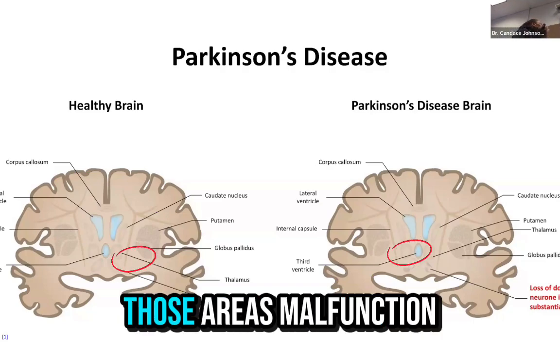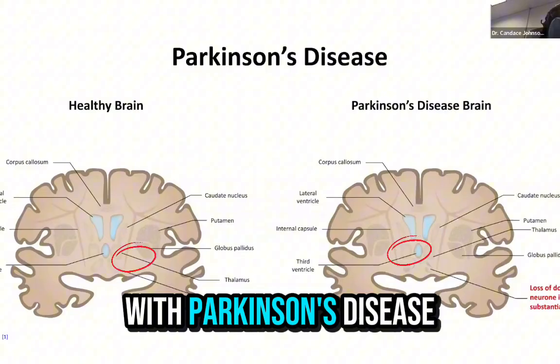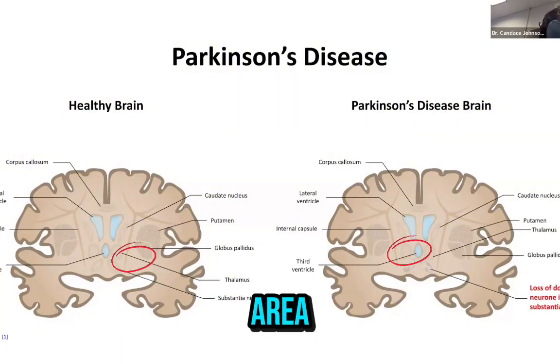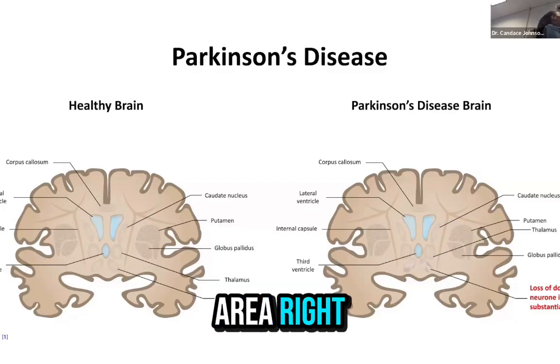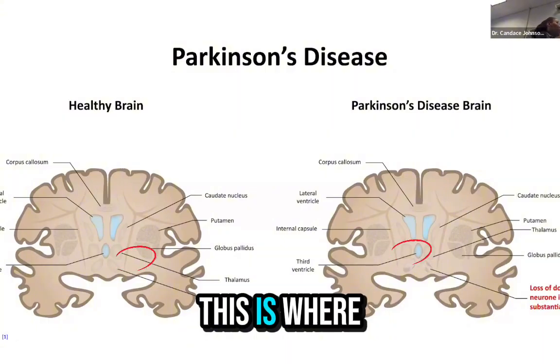So you could see how those areas malfunctioned. What they see in folks with Parkinson's disease is that they lose or see damage, atrophy, to this area, given the rest of the brain possibly looking normal. This is where they find the